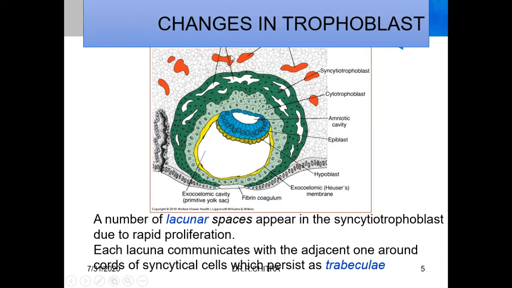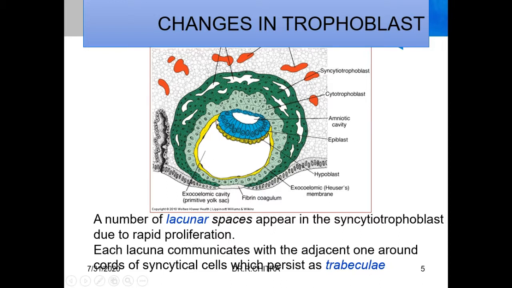The endometrium is changed into decidua due to the decidual reaction of the stroma cells. The decidua consists of decidua basalis, capsularis, and parietalis. Basalis is situated at the embryonic pole of the blastocyst. So this is the embryonic pole. So this is the decidua basalis. The capsularis envelops the rest of the blastocyst and the parietalis lines the uterine cavity.